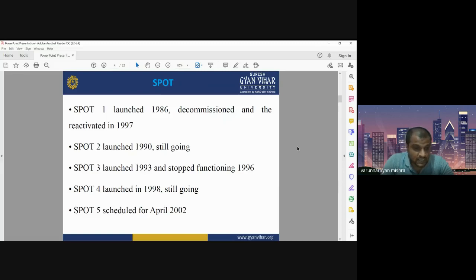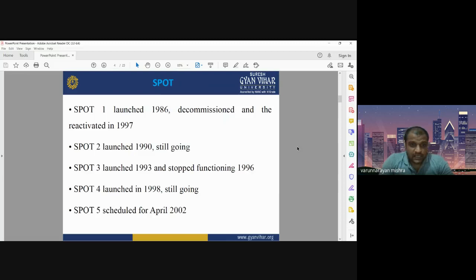The third satellite, Spot 3, was launched in 1993, and it stopped functioning in 1996. The fourth satellite, Spot 4, was launched in 1998. It is still going on. Spot 5 was launched in 2002. So there is a series of satellites, 1, 2, 3, 4, 5, launched in different years with slight modifications in spatial resolution, spectral resolution, and other technical specifications.